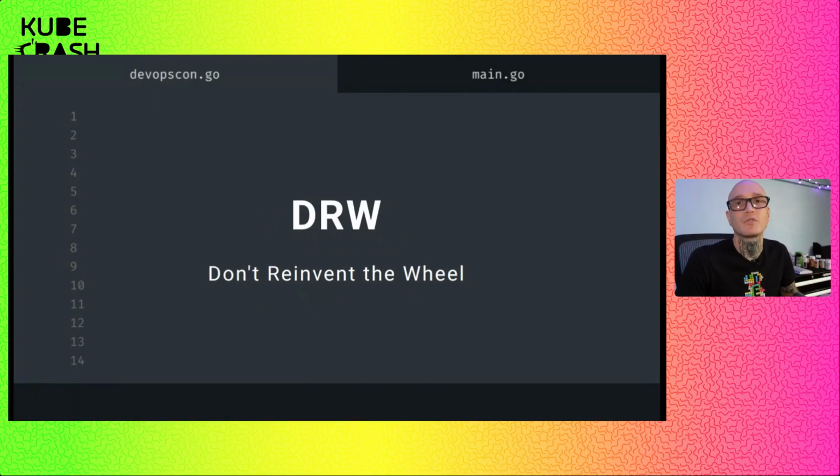So, this is not a full-fledged IDP. It's a proposal on how to take a more DRTW approach to building IDPs. So, you can take the practice that we all believe in of golden path templates and think of this as one giant golden path template for building the IDP itself.